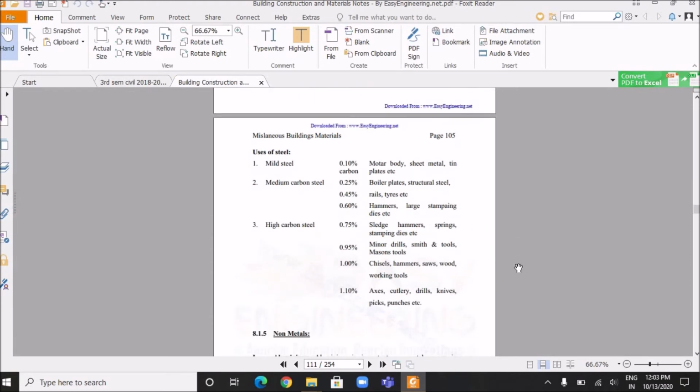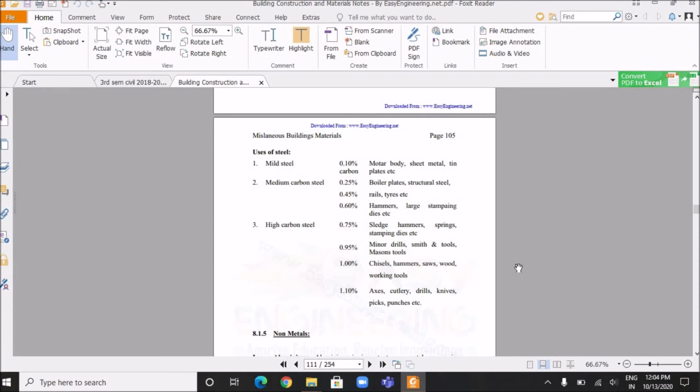Uses of steel: mild steel having 0.1% carbon, used as sheet metal, tin plates, etc. Medium carbon steel having carbon content 0.25%, it is used for boiler plant structural steel. Having carbon content above 0.45%, used as rails, tires, etc. Having carbon content above 0.6%, it is used as hammer, large